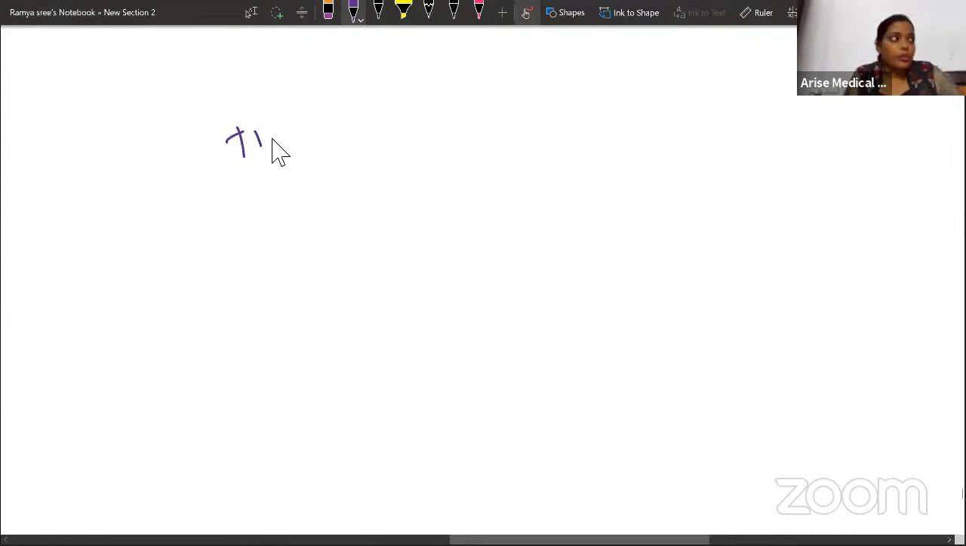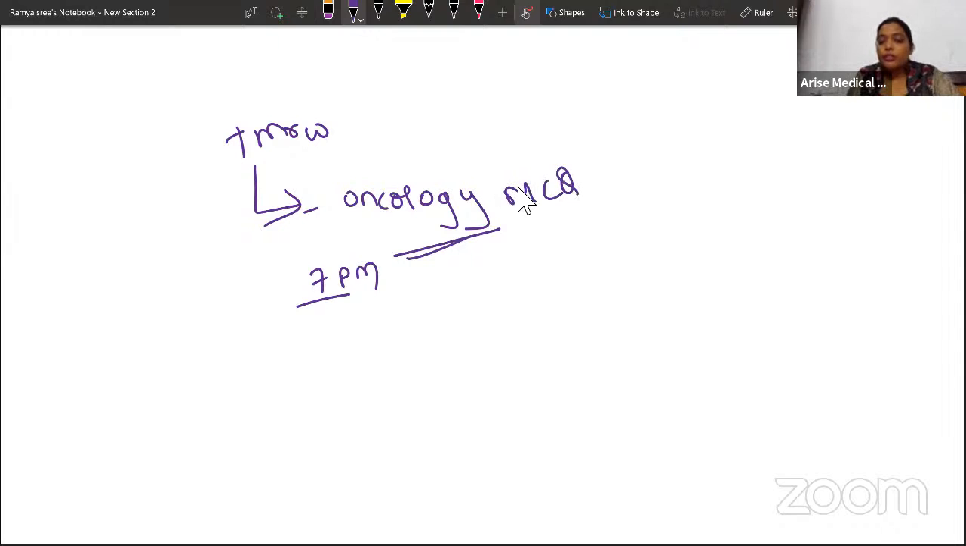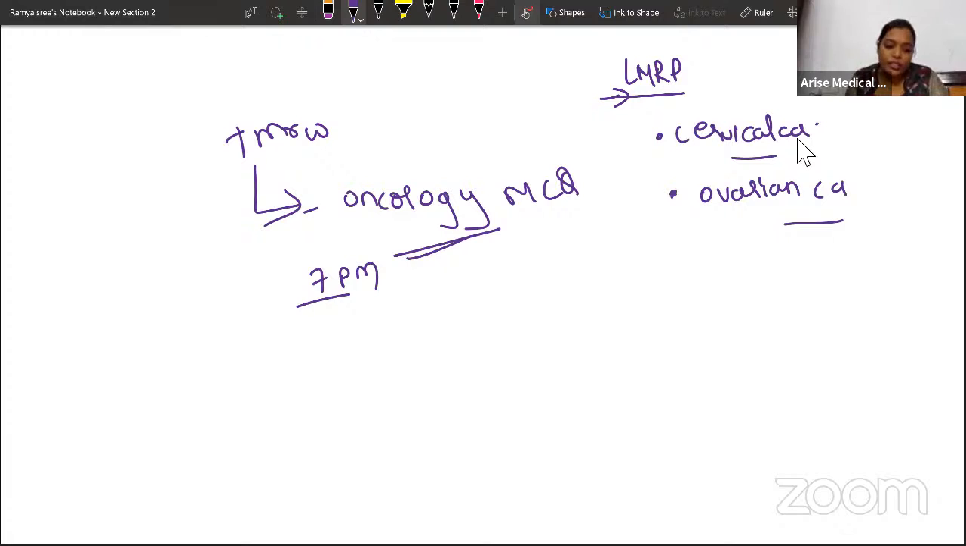Tomorrow we'll discuss oncology. Tomorrow at 7 p.m. I'll be coming back, and we'll be discussing the oncology MCQs. More than MCQs, we can discuss oncology as last minute revision points, all the important points with each cancer. I'll try to include a quick go through of cervical cancer and ovarian cancer. It will be revision for you because oncology is something which scares you, so I'll do a quick revision of oncology